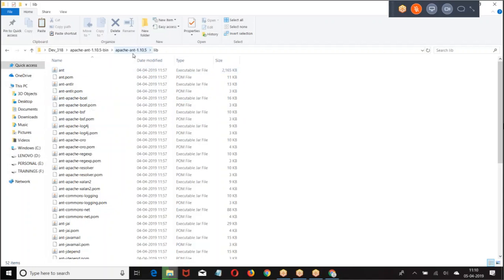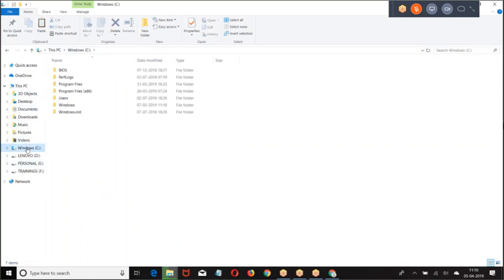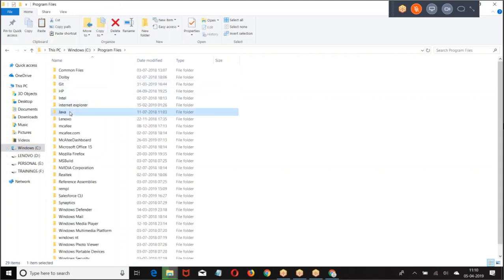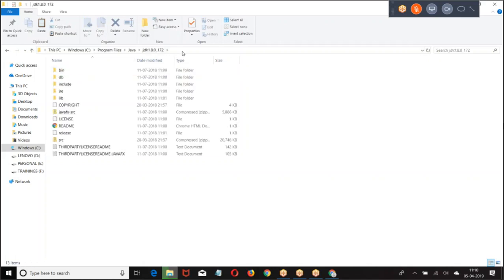Then we are supposed to set environmental variables. Now how do you set it? First, let us set the Java. Go to C drive, Program Files, Java, JDK, copy the path.